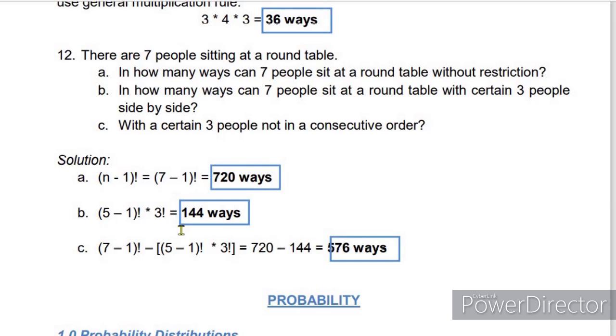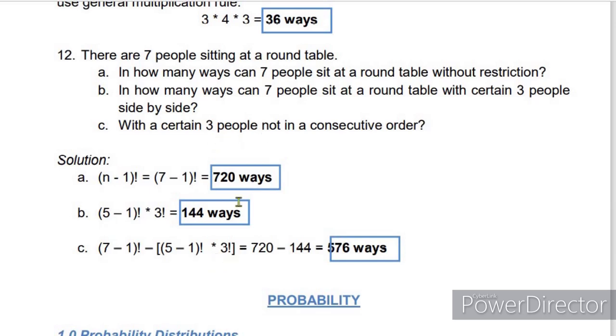Okay, next, with a certain 3 people not in a consecutive order. So here, when you say not in a consecutive order, it is the same with the previous problem in number 10, okay? Meaning, 3 people are refusing to follow each other. That's why in our formula, we will first get the permutation of the total 7 people, okay? Then we will subtract